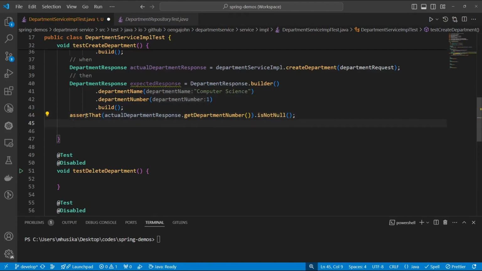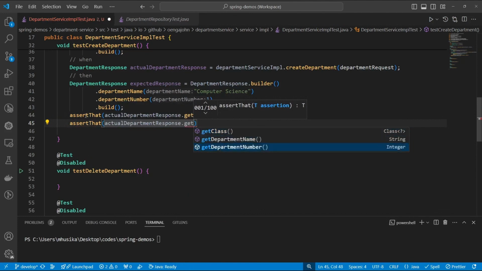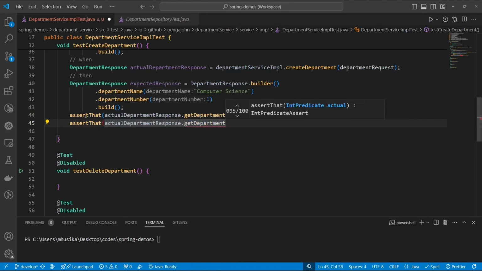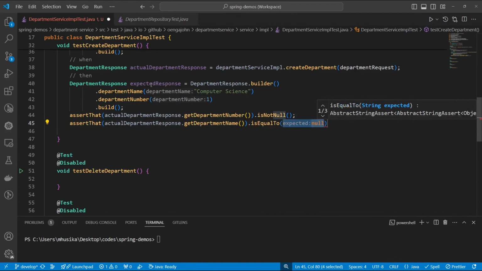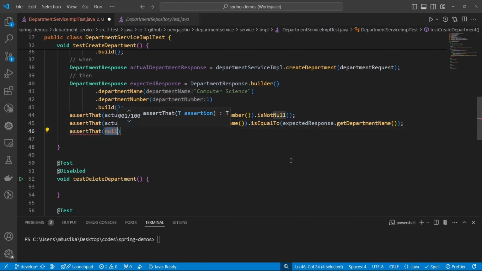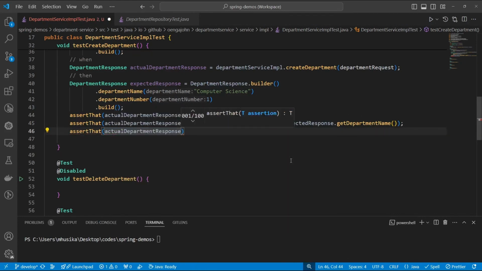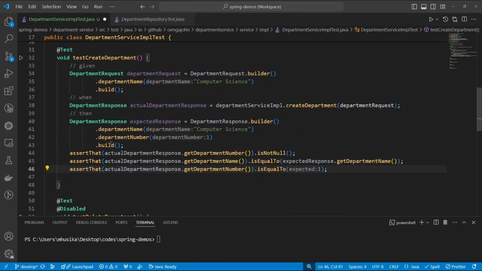Then the second thing that we are going to assert is that the actual department response dot get department name is equal to our expected response dot get department name. So you have to ensure that our input and output are the same. And then lastly, we are going to ascertain that the actual department response dot get department number is equal to 1. And if I run this particular test,